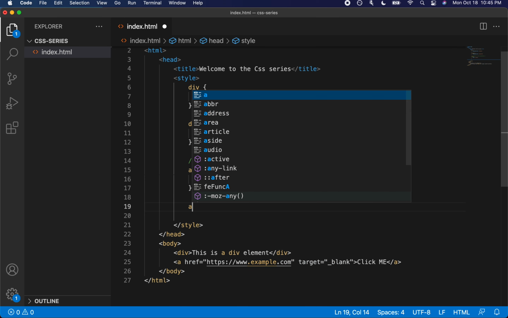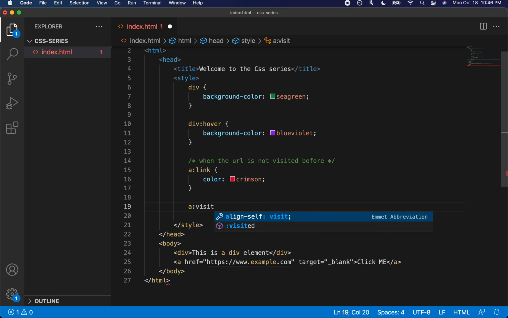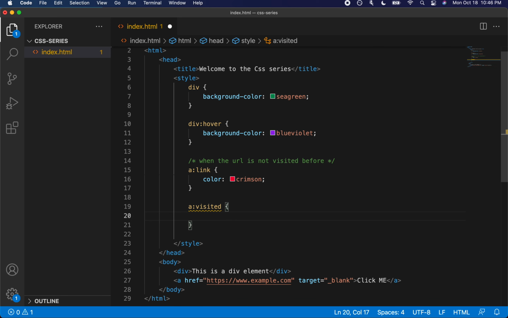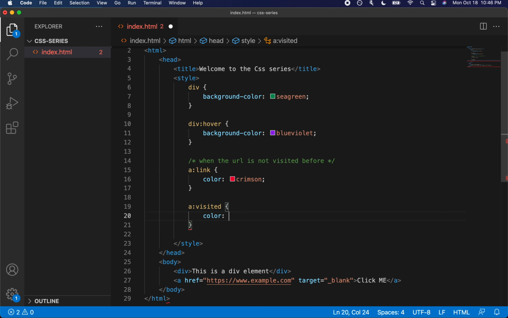Let's go back and say there is another pseudo class called visited. The visited pseudo class, basically what it says is if I have visited this website and then go back to the web page, the color of this link should look different.